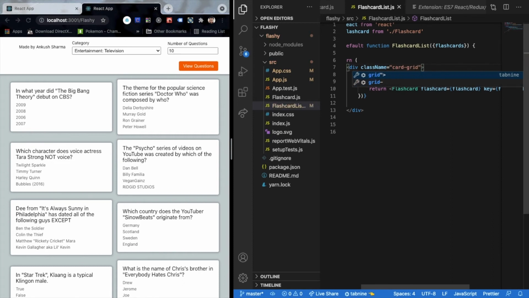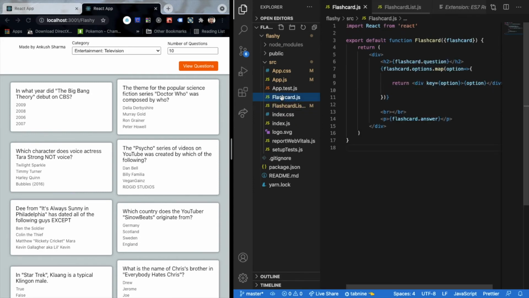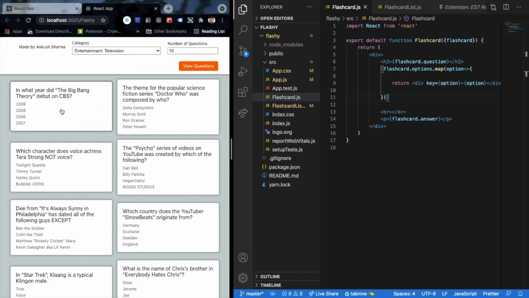Now that our card grid is ready, let's move to our main component that we really want to highlight, and that would be our flash card. Now in the flash card, there are certain things that I need to check or modify before I continue further. So the flip should only happen based upon some states. For example, if the state is true, only then you should flip. If it is false, then flip back from the back face to the front. So to do that, I'll be using the React hooks over here. You must have heard about useState. It's a really, really great way to initialize our state.